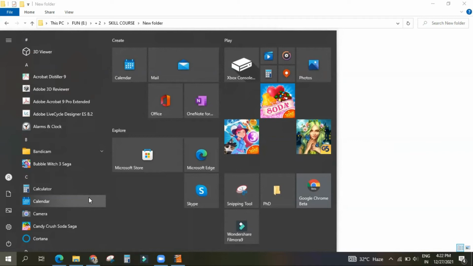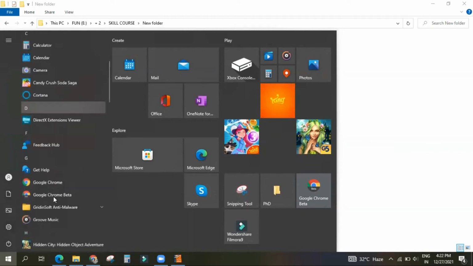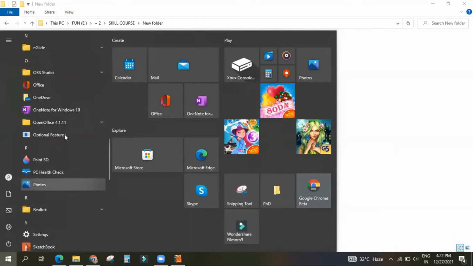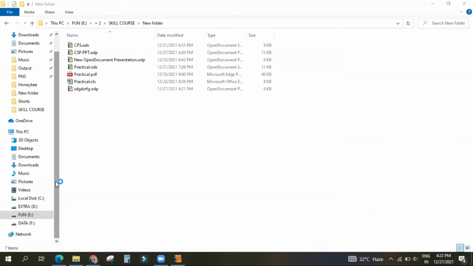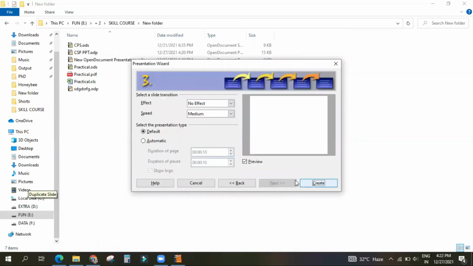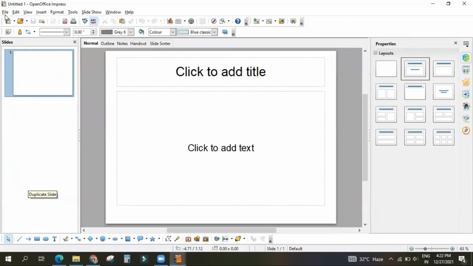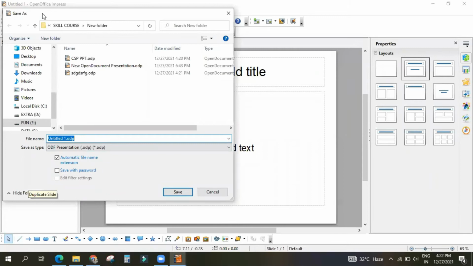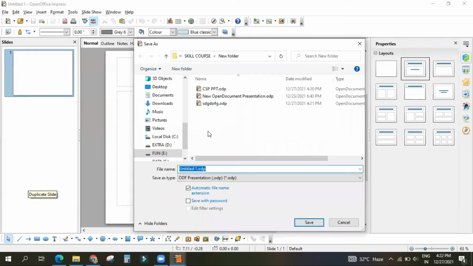For saved documents, if we do any changes to them, we can save, or else we have to do Save As. Wait, I will show you what will happen, so you can understand the difference. Suppose I have opened an Impress only. It will directly go to Save As only. You see, I create, and suppose I press Ctrl+S. What is happening? Again the same thing, Save As is only coming. Understood or not?